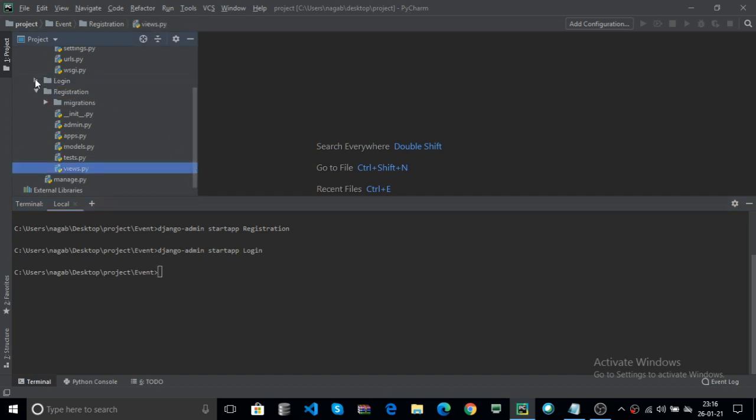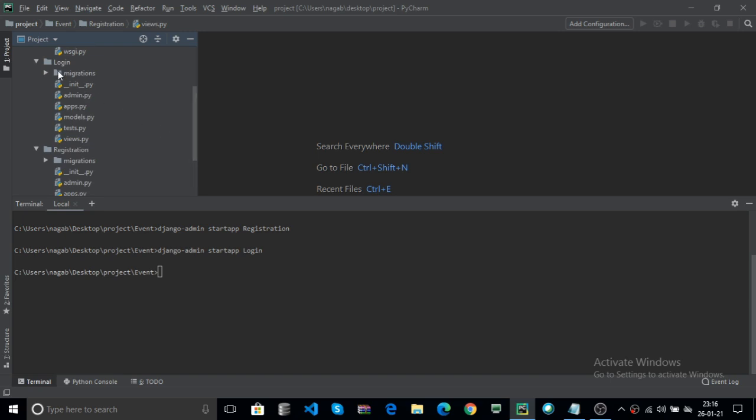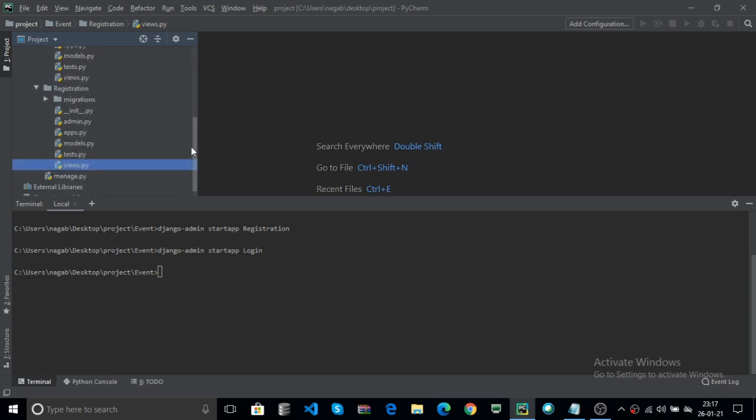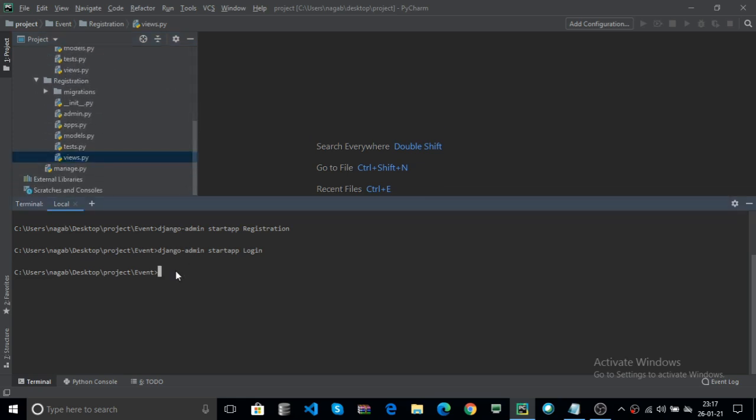Here again the login will be created for you. Every app contains a package, which contains a sub package, and the sub package contains __init__.py. Now we created one Django project and two apps, registration and login.